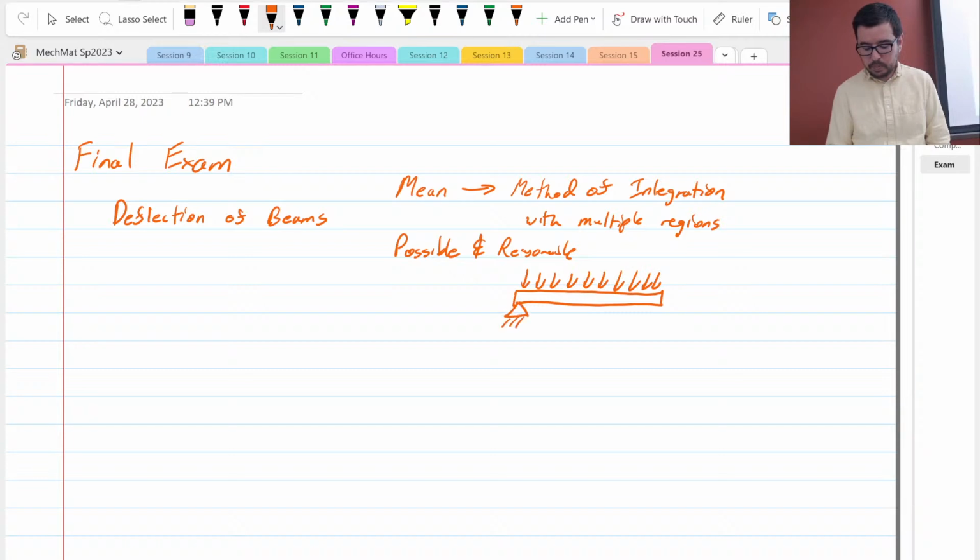This is fair game. Why is it fair game? Because you only need to use one x as long as there's no point load on it. I don't think you want, and you could, again, go all the way back to